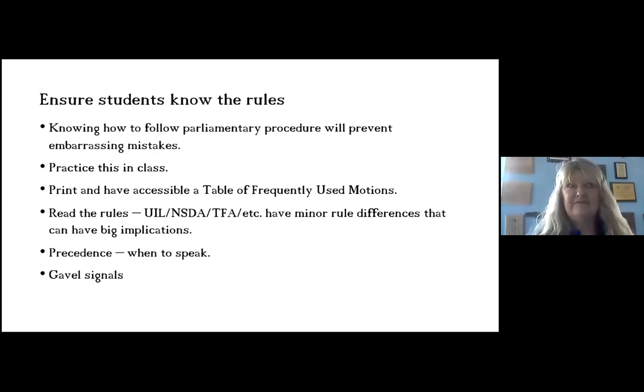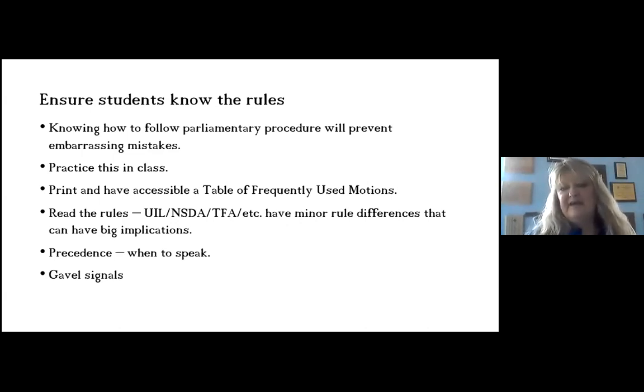Also make sure that they have a good understanding about gavel signals. Some POs do it differently than others, but they need to have their own gaveling procedure in case they can be PO. And I know that there is a lot of discussion about whether your student should be the PO, because sometimes the PO doesn't get ranked when they should. UIL in particular is really good about making sure judges understand the role of a PO, and I think it happens much less often in UIL that POs are not ranked. But the thing is, without a good PO, the round is not going to happen.